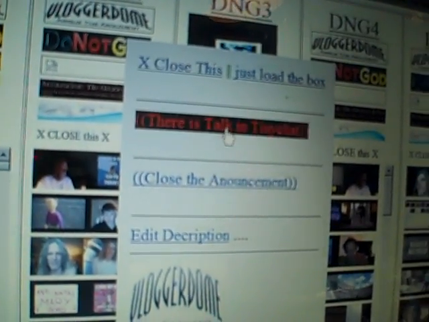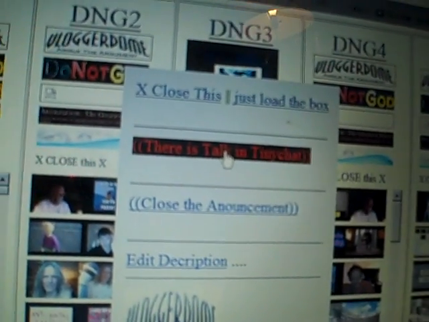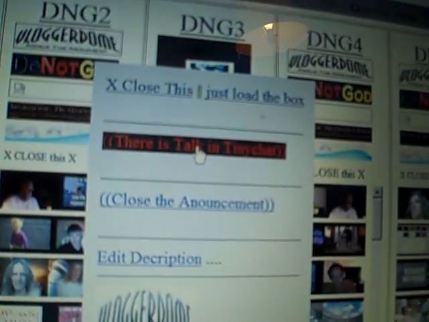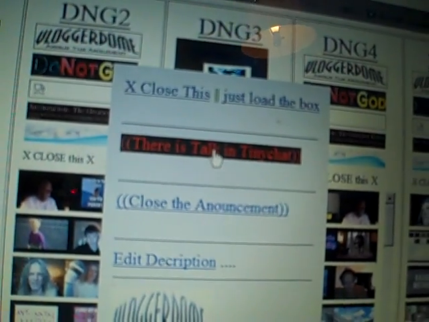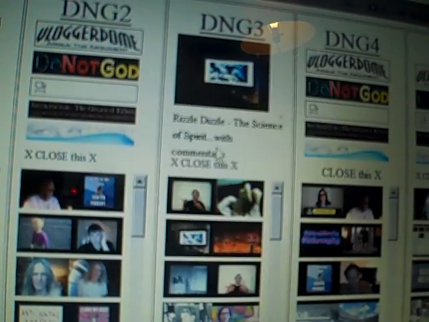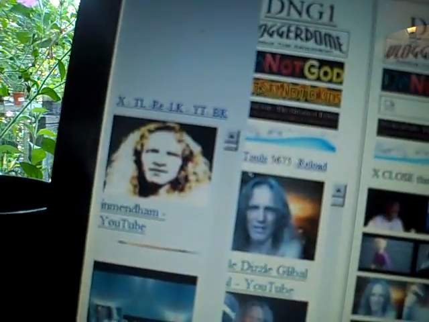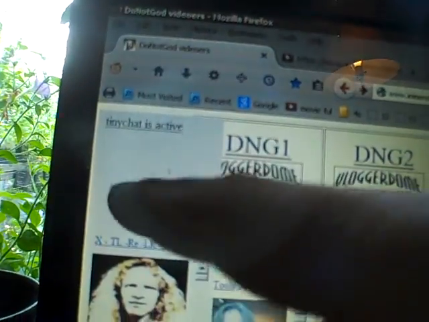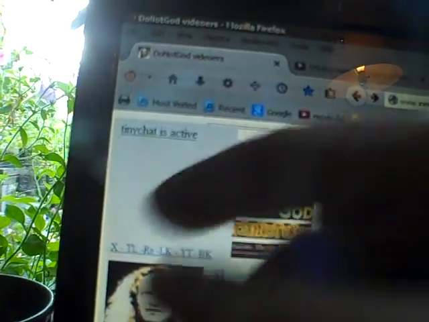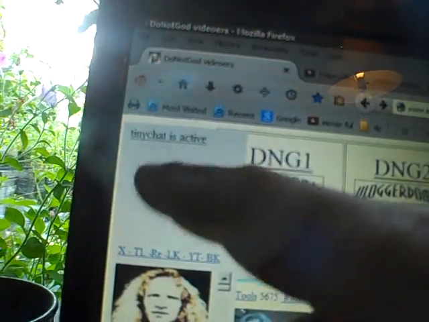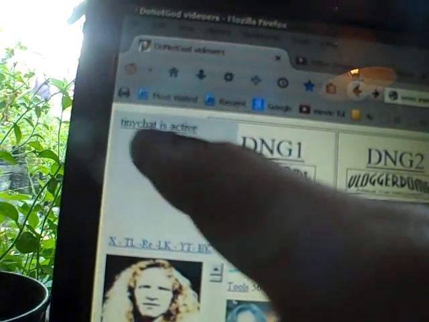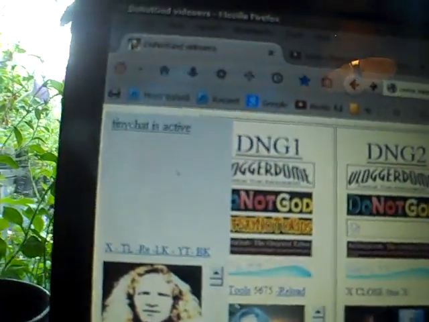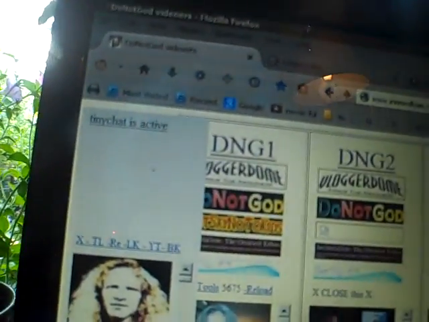What that'll basically do is, if somebody's in tinychat and is talking, and more people would be a good idea, then you hit that link, and it will change this menu. So you get rid of the advertisement, the links thing, and it just has this little item. I'll change this into some sort of icon too, but it's useful the way it is now. When tinychat is active, it'll say something, prearranged text of some kind. You'll have choices, and then you could leave a note also, but I haven't got that feature activated yet.